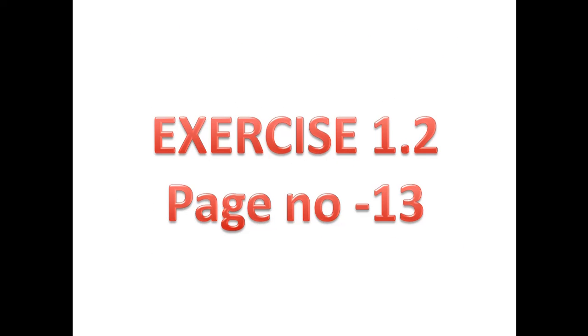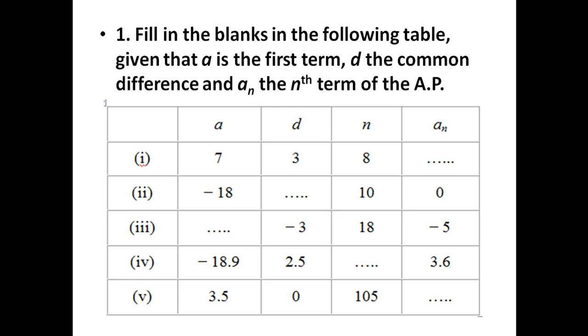So exercise 1.2, page number 13. The first problem is this one. Here in the table a is given, d is given, n is given, and we have to find out an. Similarly, with the same formula we can find out any unknown a or d or n. So coming to the first question,